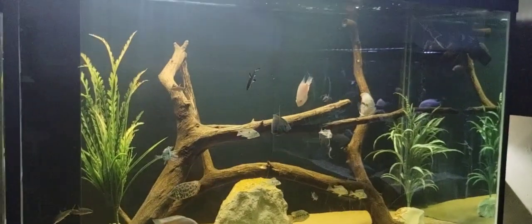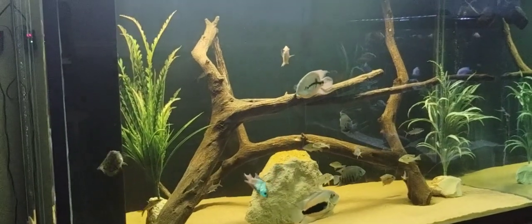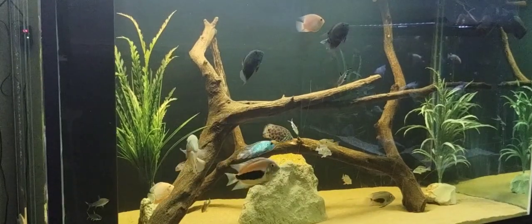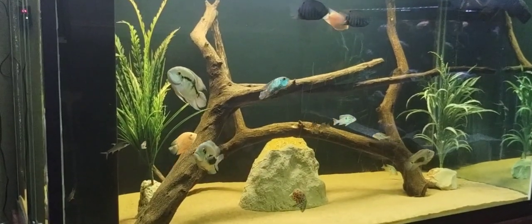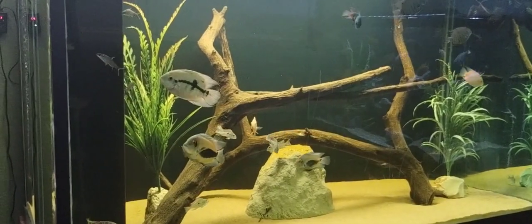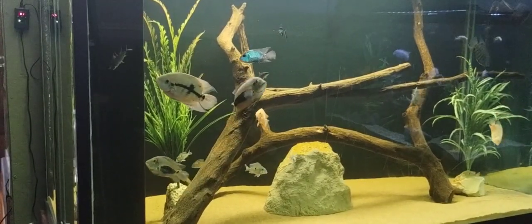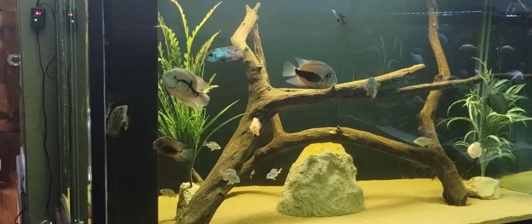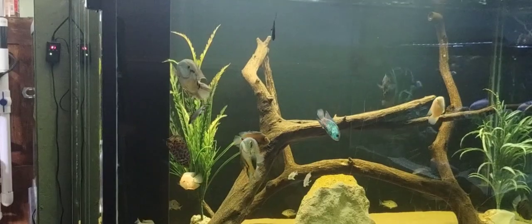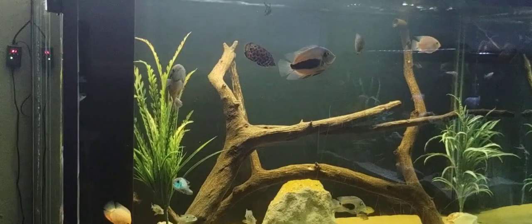This is the latest addition to the fish room. It's the 450 gallon tank, and these guys are just doing swell. Let me see what I have in here. I have 2 waru, I have a chocolate cichlid, and I have a leopard spotted fish, the leaf fish, right there swimming up and down on the left hand side. I have one electric blue acara, and I have 5 torpedo barbs,